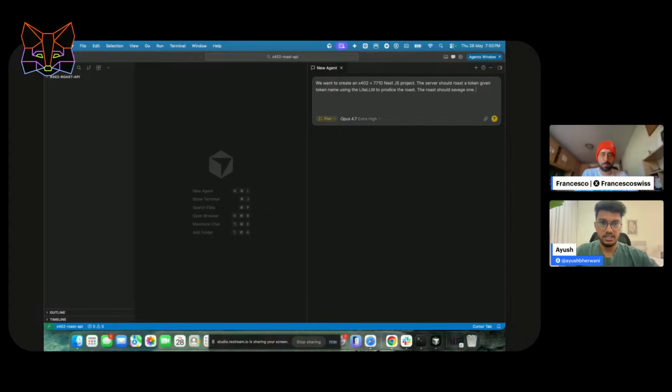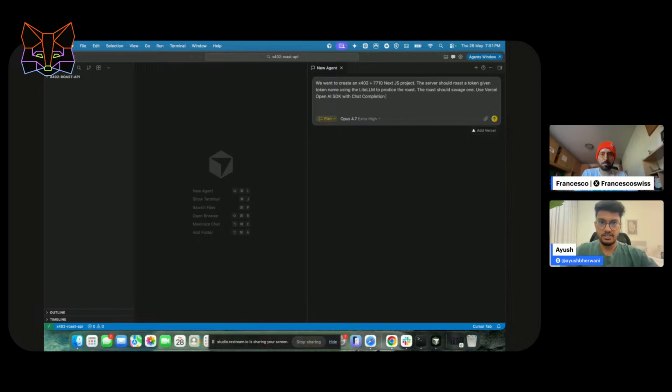We want to give context about what the server should use. Since LiteLLM does not have TypeScript APIs, we can use the Vercel OpenAI SDK with chat completion.